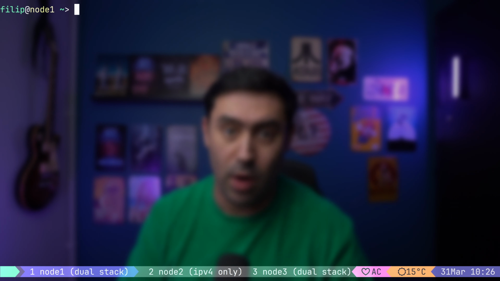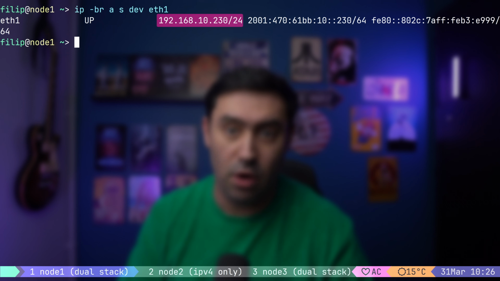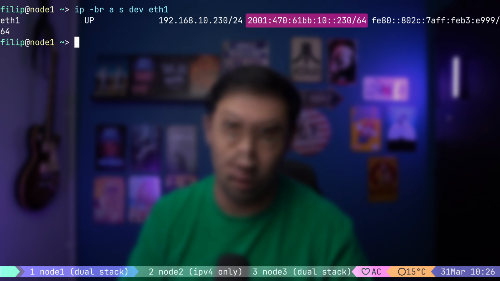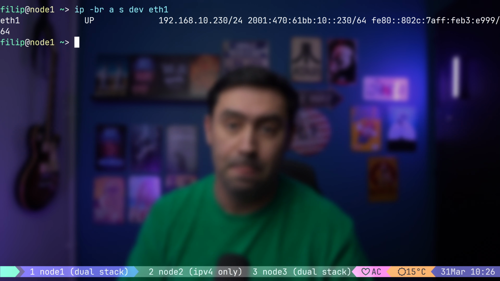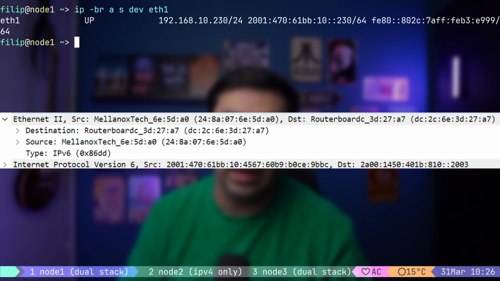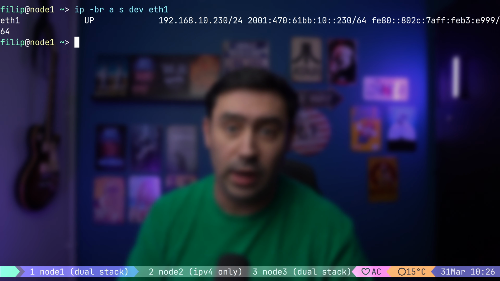It enables devices to operate on networks that use either IPv4 or IPv6 protocols. Basically, you are connected to the same physical wire, but have both IPv4 and IPv6 addresses assigned. IPv4 frames running on Ethernet have Ether type set to 0800 in hex, and IPv6 frames have Ether type set to 86DD. When communicating with other devices or systems, your node can choose the appropriate protocol stack depending on the